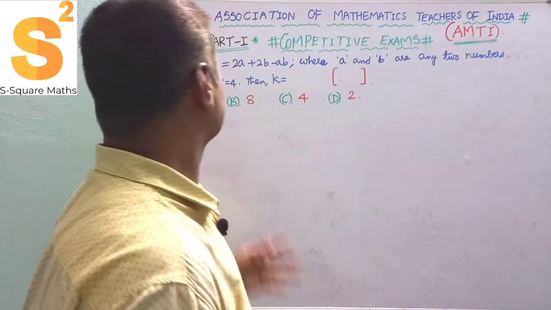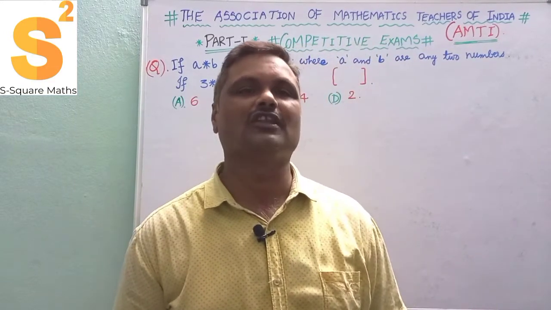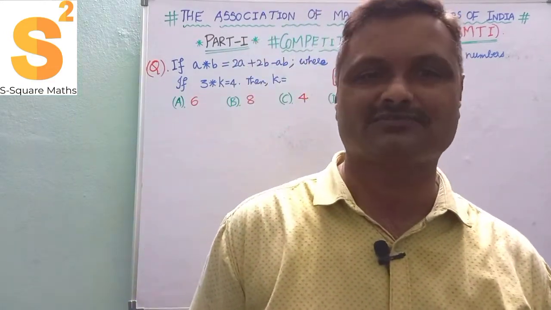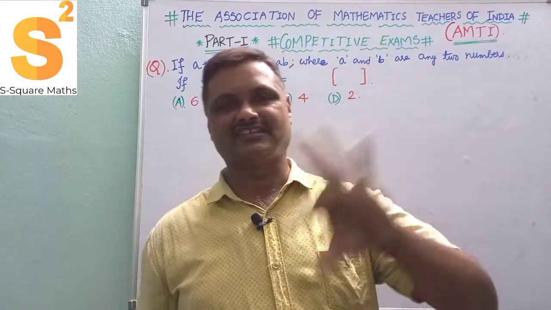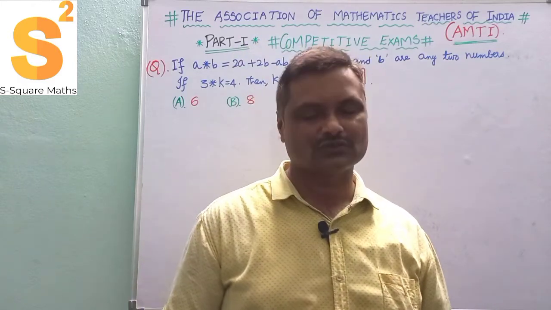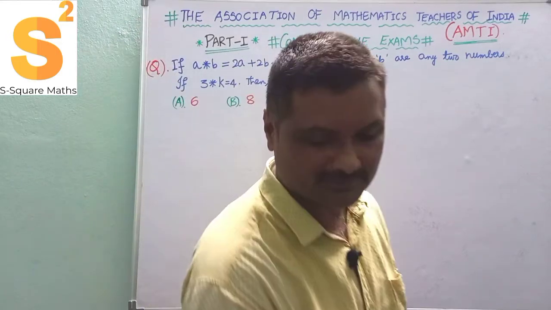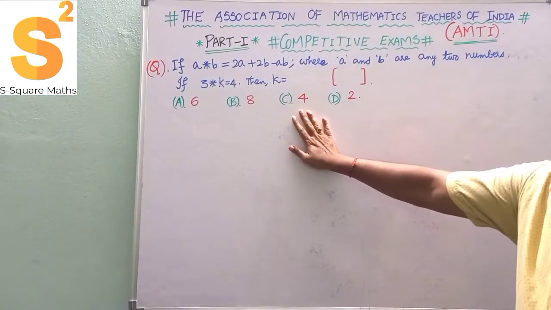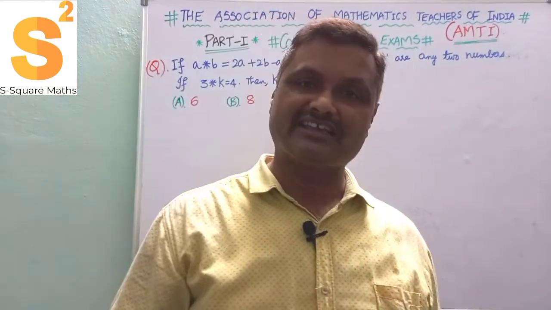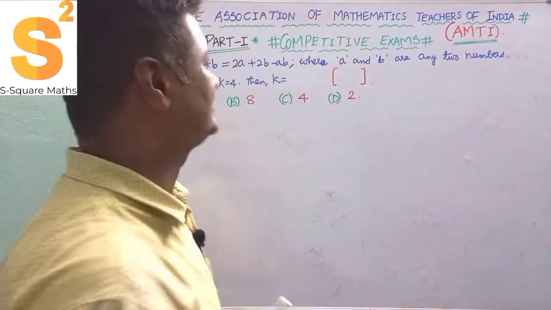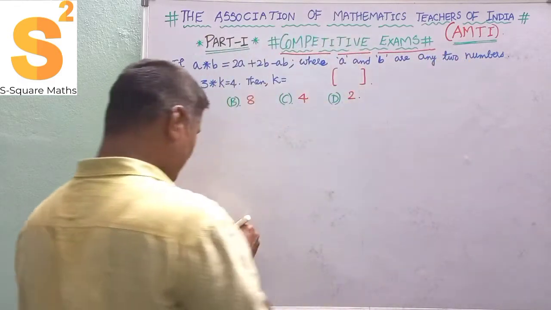So now the Association of Mathematics Teachers of India, AMTI, is a very powerful national level Olympiad examination. These questions we are going to discuss. It has 3 levels: 5th, 6th, 7th, 8th and 9th, 10th. So now we are going to discuss some important and interesting problems, and this problem is very important for competitive examinations. We have already discussed this type of problems. The link is given in the description. Watch it later. It is also very useful for competitive examinations, so please listen carefully.